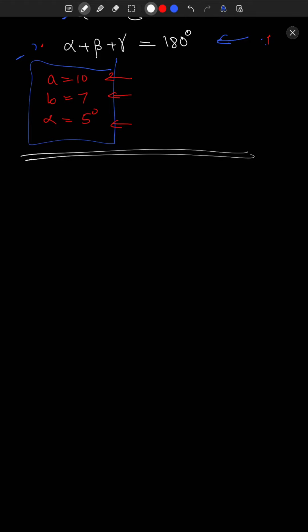So if I'm going to give you 3 bits of information, it could be 3 sides. It could be, so let me call it side, side, side, right? I could give you 2 sides and an angle, right? And there's 2 ways to do this. 2 sides and an angle. It could be the first 2 sides and then the third one is an angle. And when I say this, I mean this in terms of